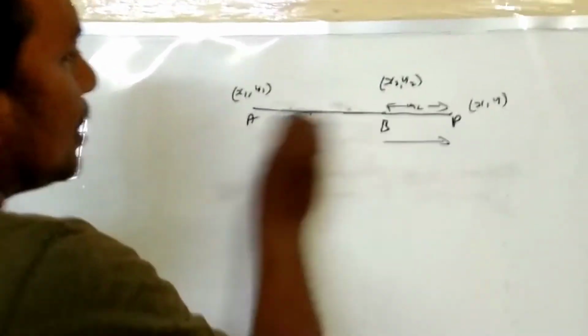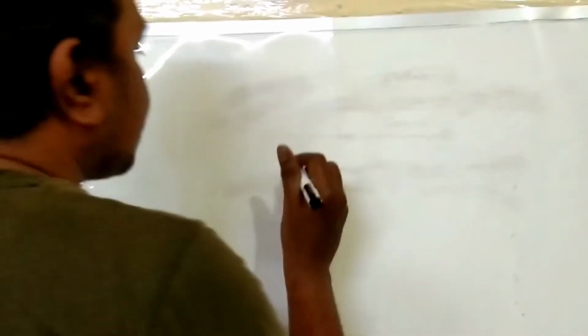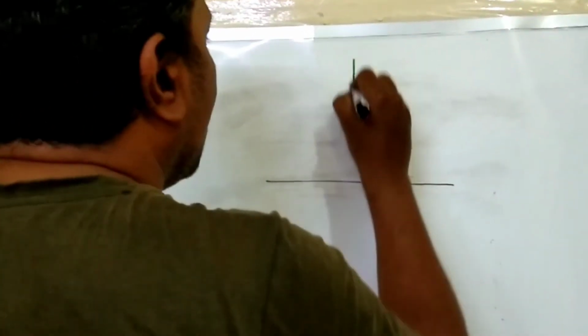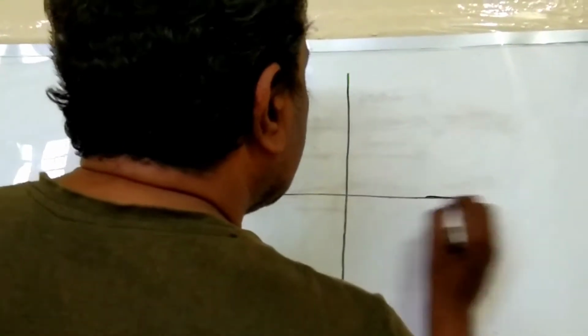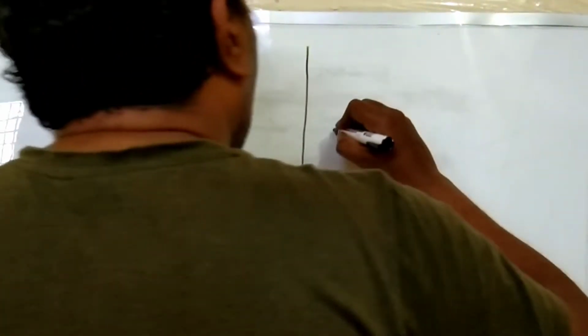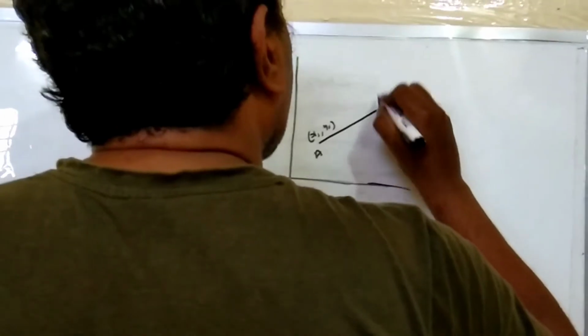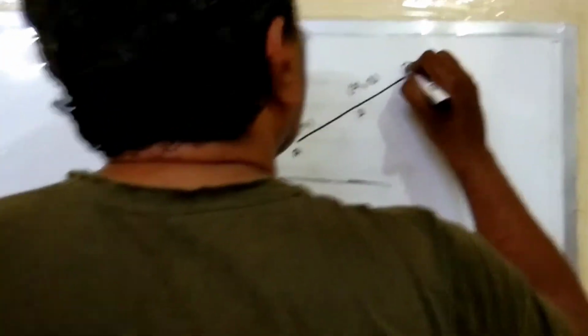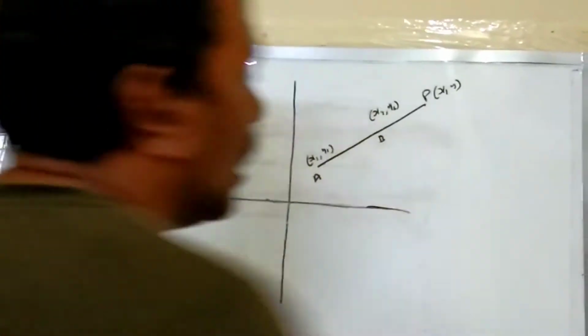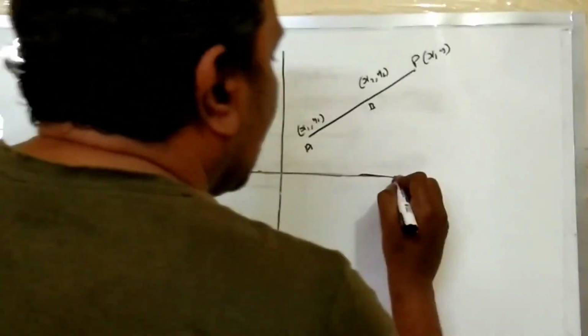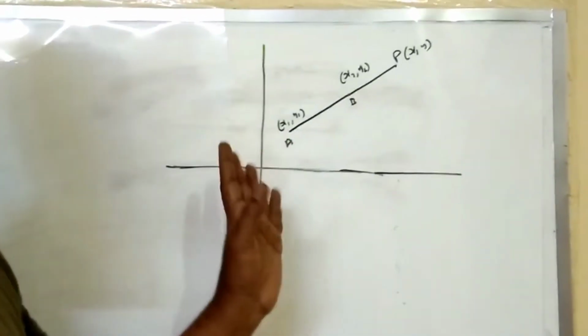For this you need to take the same coordinate axes as you did for the internal case. So this is the x-axis and y-axis, not mentioning any integers on it. Now I am drawing a line AB whose coordinates are x1, y1 and B is x2, y2, extending AB up to P whose coordinates are x comma y. Now I have to derive that formula which we call dividing externally.